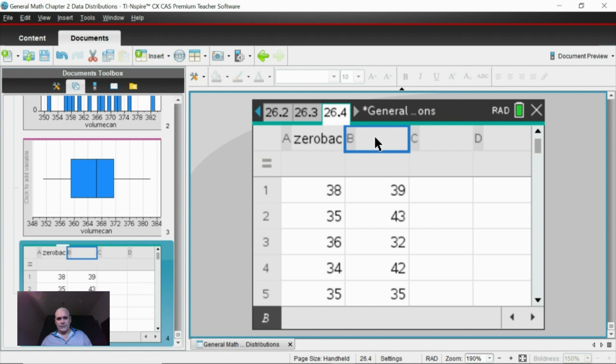And I'm going to call this 1. I might call it alcohol. Okay, something meaningful. Now I've got 2 columns here with data in it, and my thinking is I always want